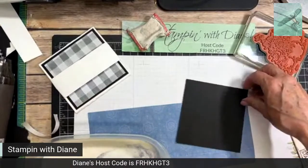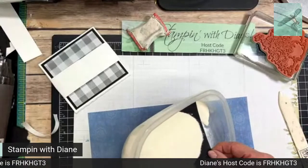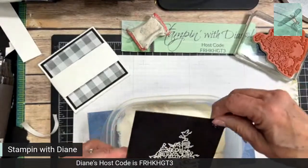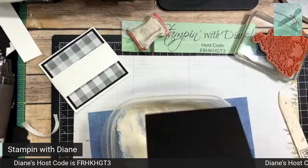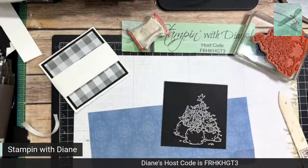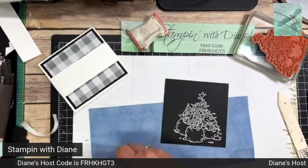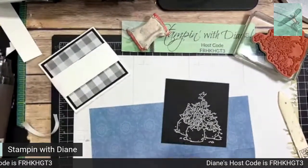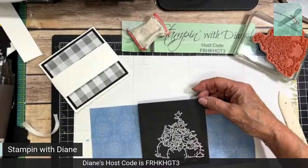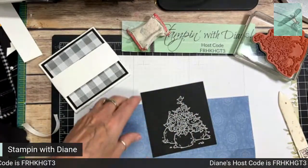So now I'm just going to come in with my white embossing powder, sticking to the thing. I would have loved to have used silver on this. I think silver would have been so nice, but the color itself is... here we go. One thing about self-healing mats too is you've got to be careful that you don't burn it. Don't heat it up on the self-healing mat, because what can happen is...